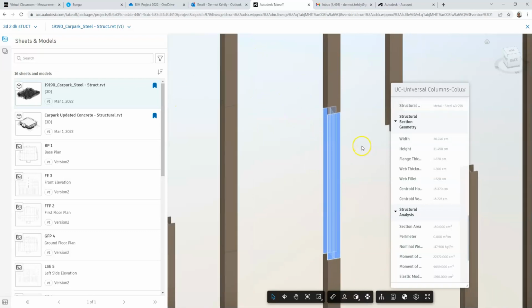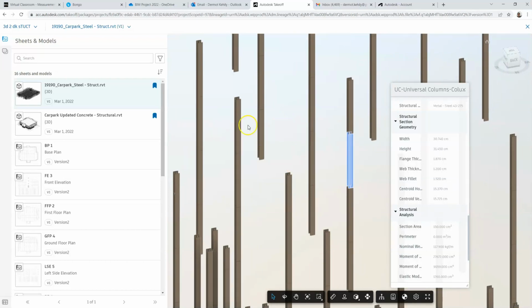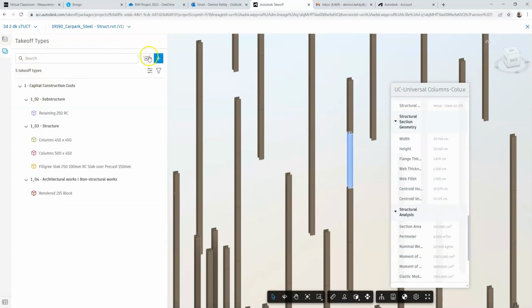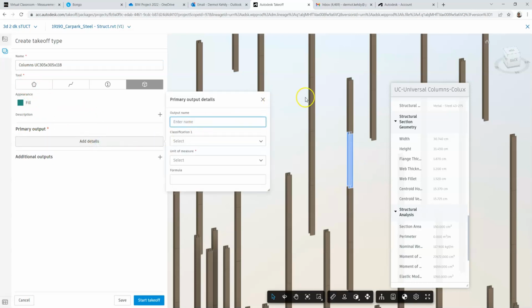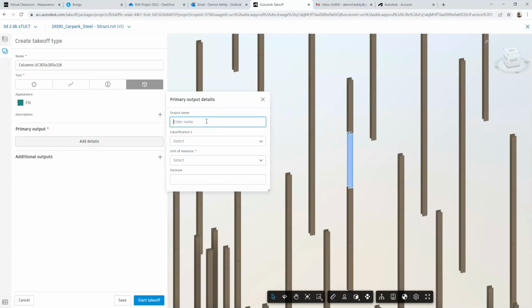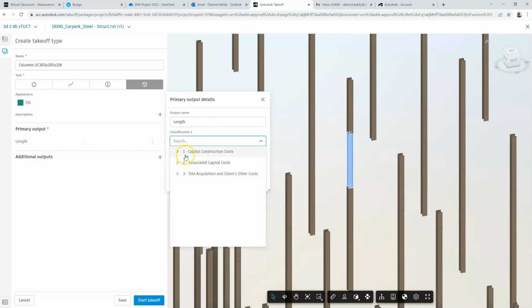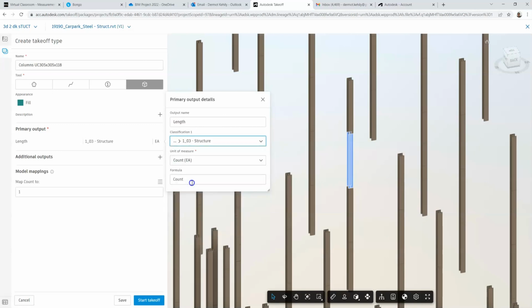So let's use that. Clicking on one of the columns, I'm going to click on the plus, and because I've clicked on it, it comes up there, and I am going to put columns in front of that so I know what it is. Give it a different color, and click add details. The first thing I need to calculate is that length. As I said, I don't have a length object property, so I can't leverage off that as I might do in the beams. So I'm just going to put in length here, and it's going to be classification, structure,